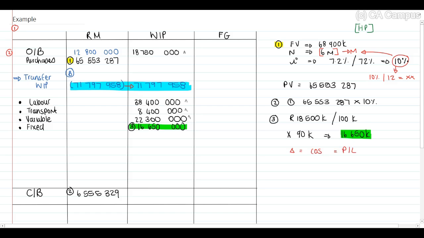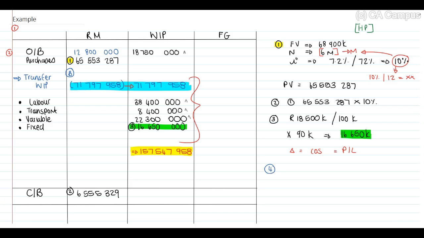Then they've indicated to us, guys, important, that our closing balance will be 5% of our total costs incurred. Therefore, guys, our total incurred will be this total, which is the amount transferred from raw materials as well. And this will be an amount of 157,547,958. Now, guys, don't get confused. This is the total amount. Please do not add everything and then add the total again. Therefore, our closing balance,